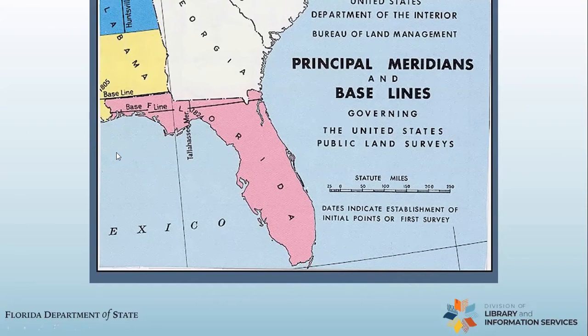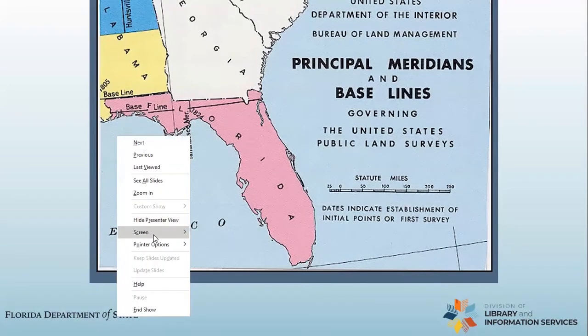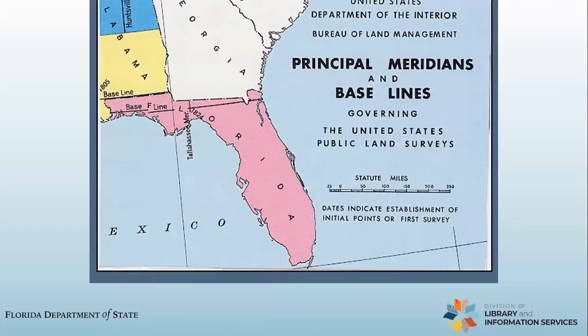Let's take a look at the map on the slide for just a moment. I'll explain to you a little bit about how that works. Let me get my pen going. So what they did here is when the public land survey system was being developed in Florida, they said, all right, we're going to choose a central point. They happen to choose a point you're going to recognize. If any of you have been to Cascades Park recently, since they did the renovations, you're going to be very amazed by what they did to celebrate this particular point. But I'm getting ahead of myself.